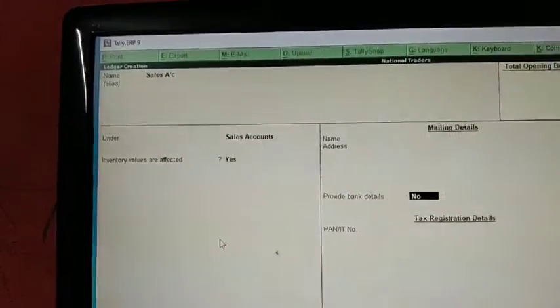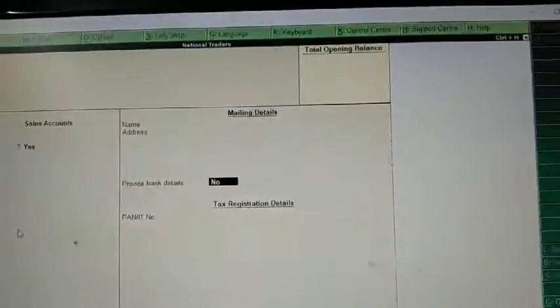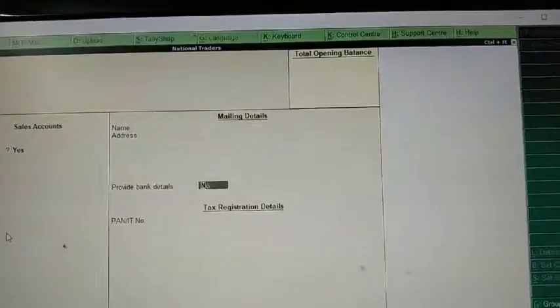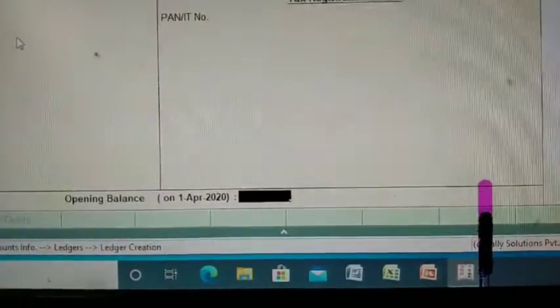and since it is a sales account group, it will always ask whether inventory values are affected, yes or no. It is always affected for sales, so you have to keep it yes. And if you have to give any bank details, here the option is no, because it's not required. Now if you have to give any opening balance for sales, you can give here.